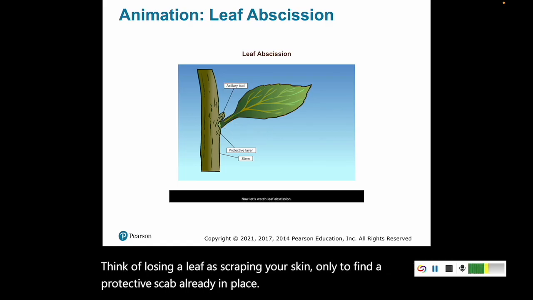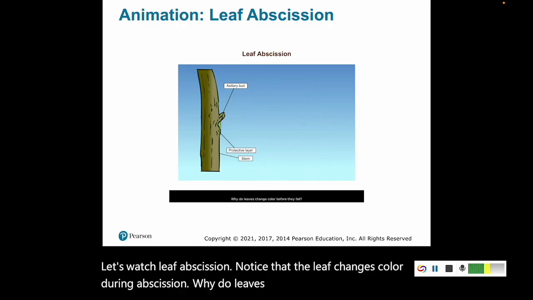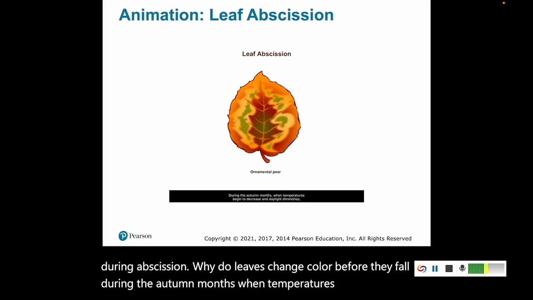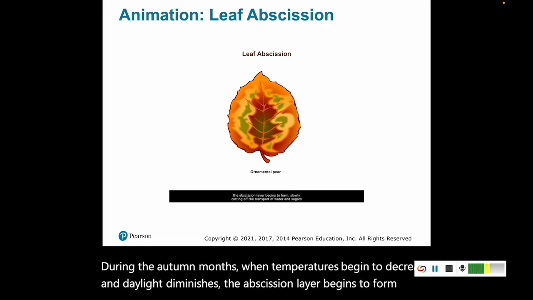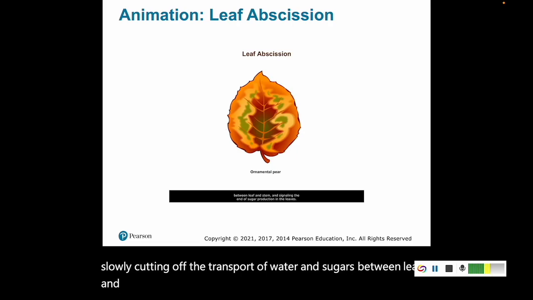Now let's watch leaf abscission. Notice that the leaf changes color during abscission. Why do leaves change color before they fall? During the autumn months, when temperatures begin to decrease and daylight diminishes, the abscission layer begins to form, slowly cutting off the transport of water and sugars between leaf and stem and signaling the end of sugar production